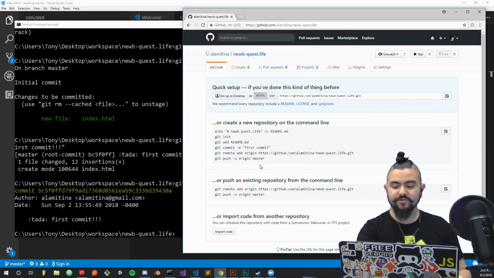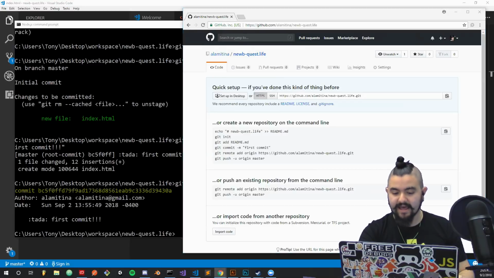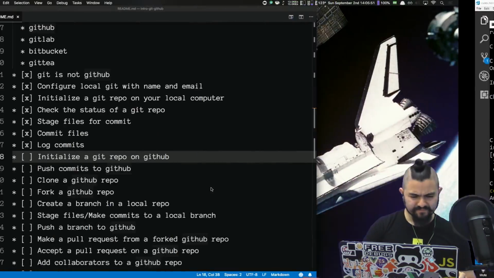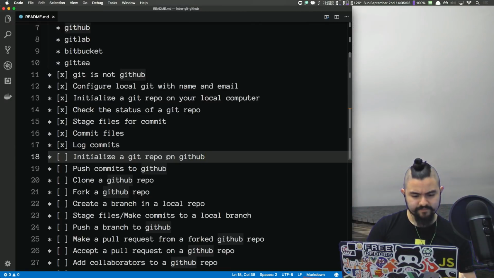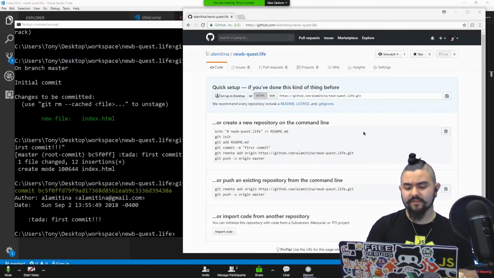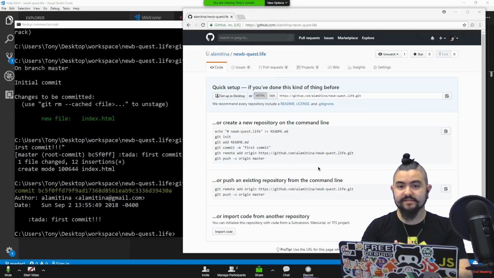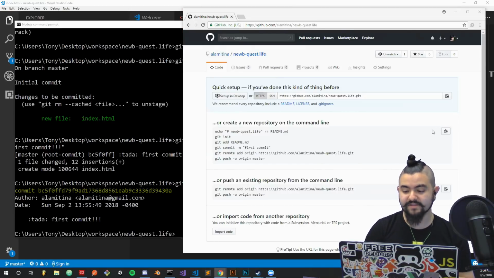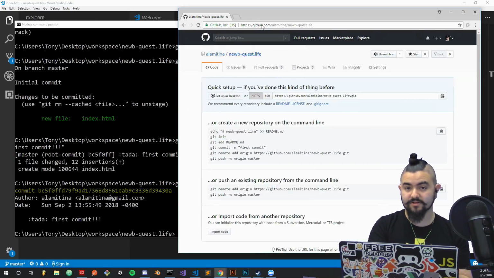Cool. And you'll notice when you create a new repo, there's a lot of different stuff it gives you. The first one is creating a repository. We've pretty much done all of this, right? We did a git init, we did git add, we committed something. But now what we want to do is push to a remote. The idea of a remote is some remote Git repository. So basically what we need to do is take the Git repo that is locally on Tony's machine